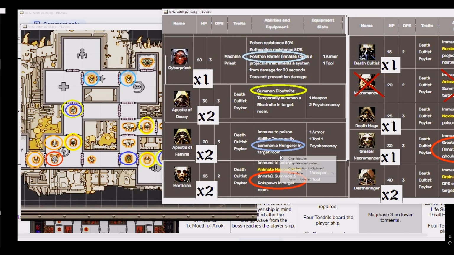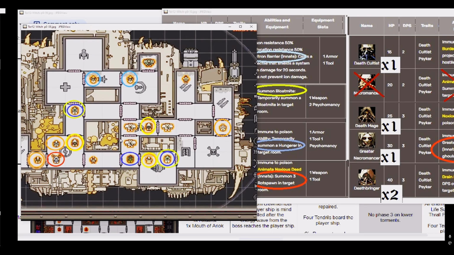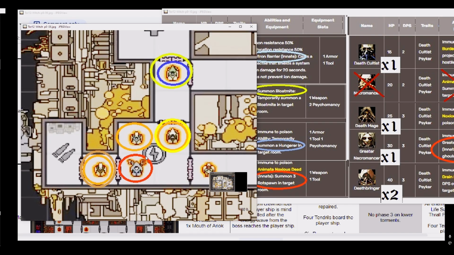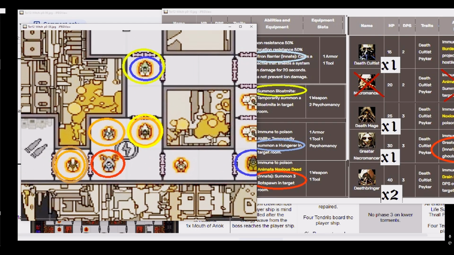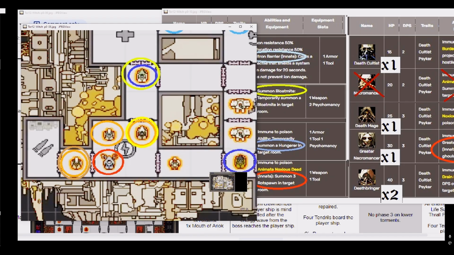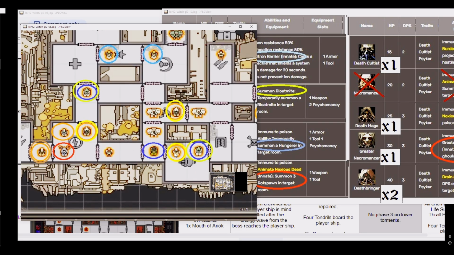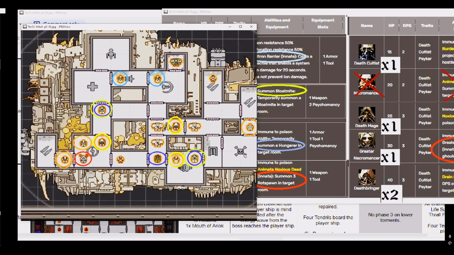I'm not sure where these Morticians are. There might be one here. I'm not sure. There might be one down here. It's hard for me to tell. This one looks a little different than that one. It's really hard for me to tell from the colors what is what, unfortunately. And there's one here too, so I don't really know which of these are the Morticians, but they're not